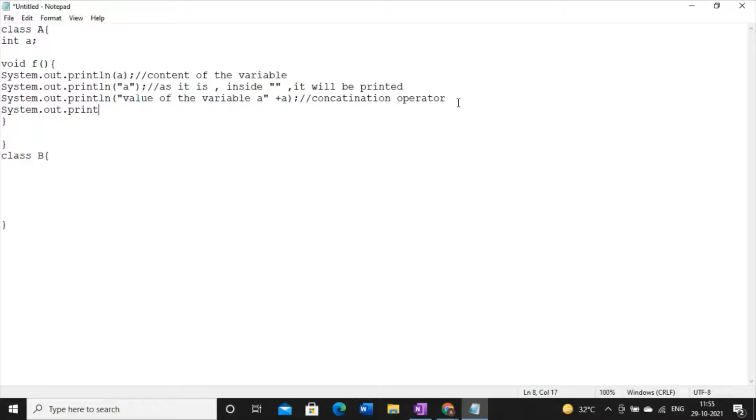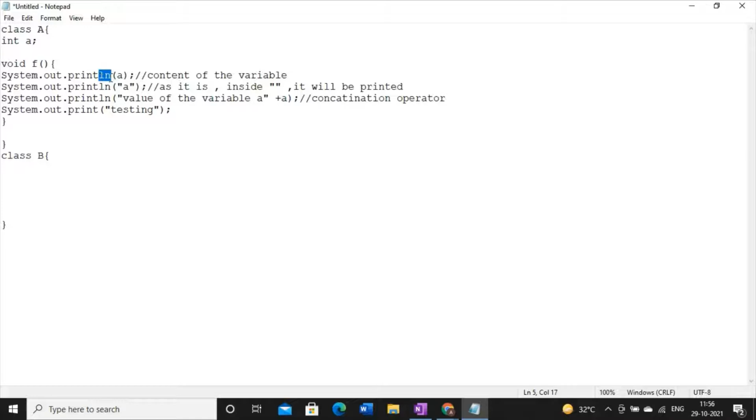See, this syntax is also applicable in Java. That is, I can write System.out.print also. Say for testing purposes. So what will happen? The difference between these two syntaxes is that ln stands for next line. So here we have println.